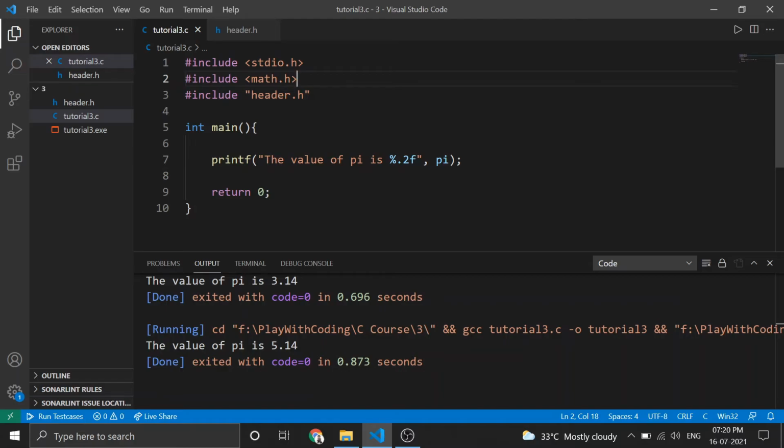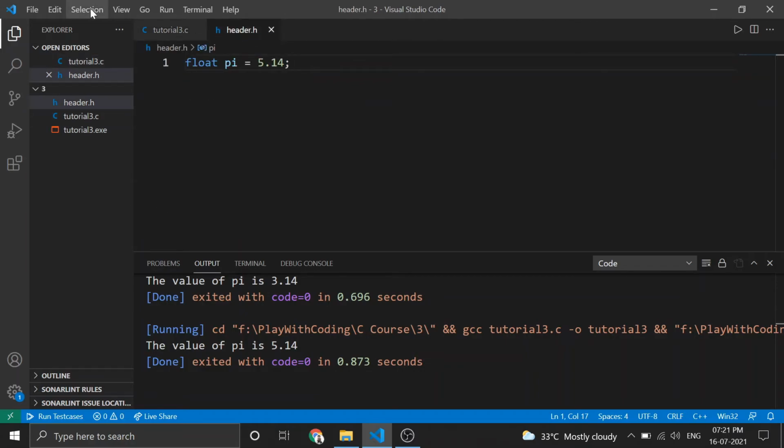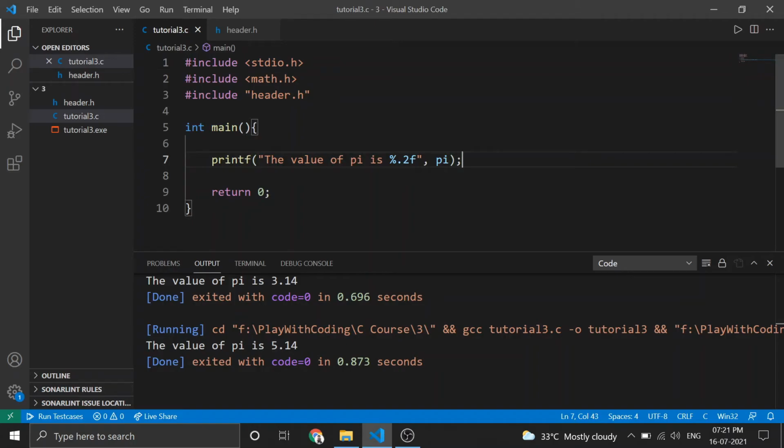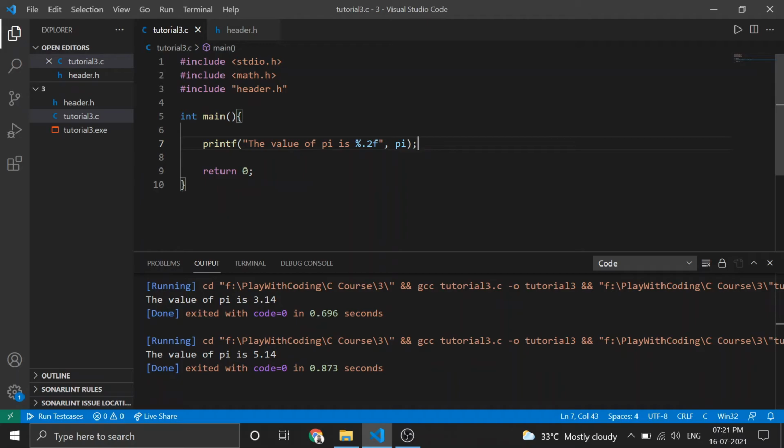So let's talk about what comments are now. Let's say you are writing some code, and I am telling you that the value of pi here is coming from this header.h, right? You want to write this for the future, because you know you will forget that this value of pi is coming from header.h.